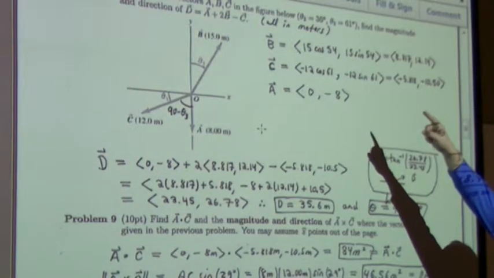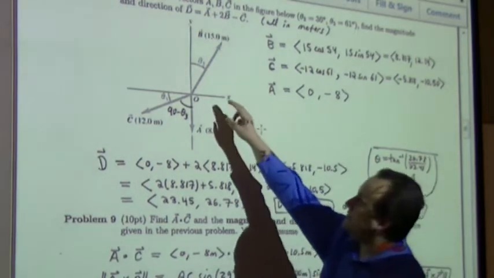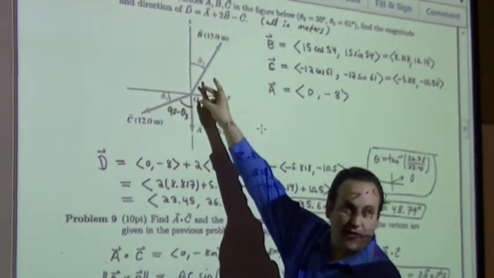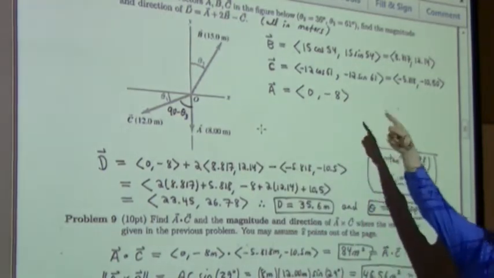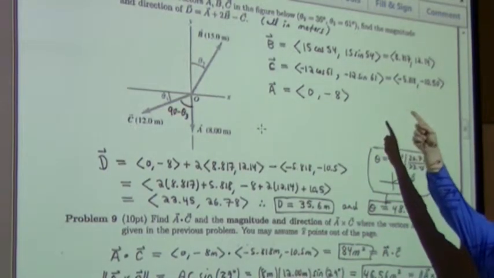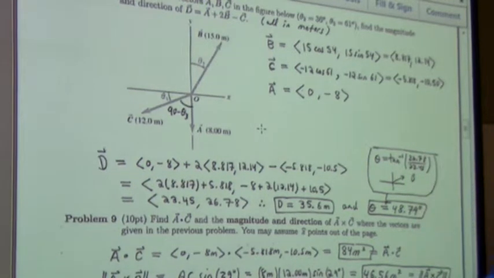So that's where the 90 minus 36 is 54. That's how I knew this angle down here was 54, right? So that's the standard angle of the B vector. So then magnitude of B times cosine of the standard angle, magnitude of B times the sine of the standard angle for B. That gives me its components, 8.817,